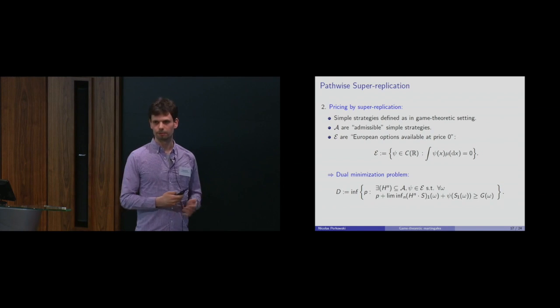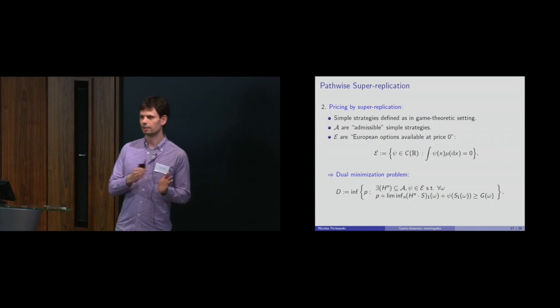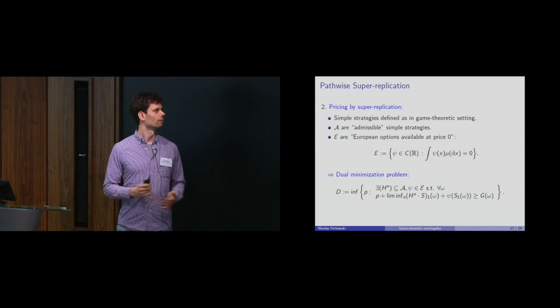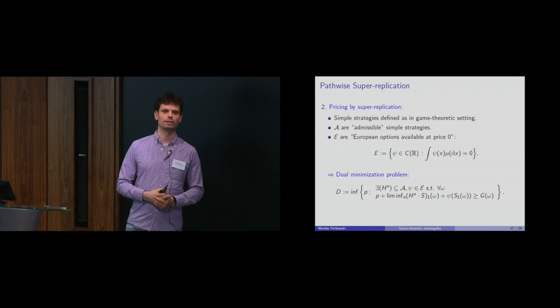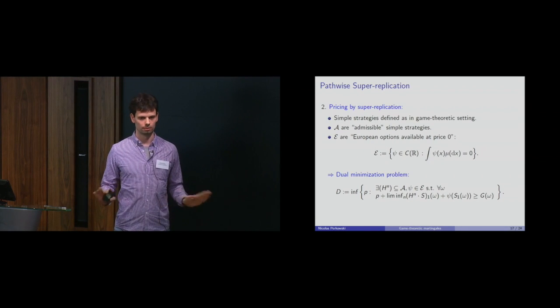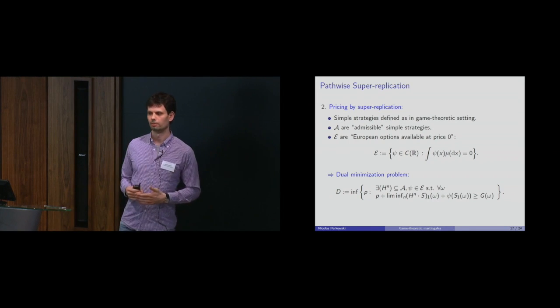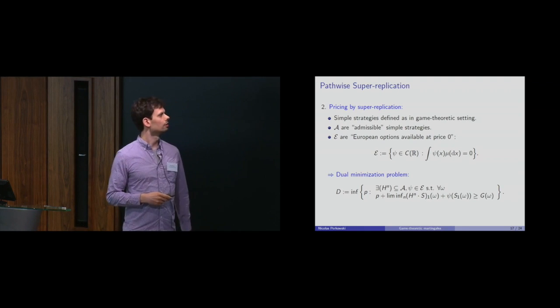Our dual problem is this superhedging problem. So we define simple strategies exactly like they were defined before. So buy and hold strategies, pathwise defined. Everything is okay. We introduce a set of admissible strategies. I don't want to get into what admissibility means here, it's technical, but let's ignore that. So there's some admissibility condition. We need to exclude doubling strategies. That's the main point. So you need something that forbids doubling strategies.